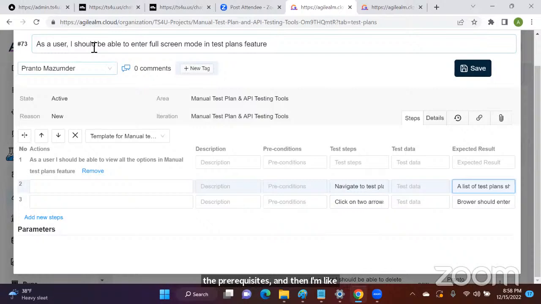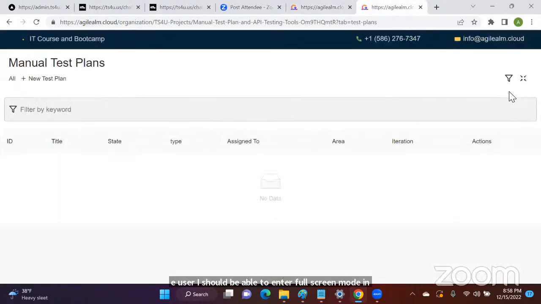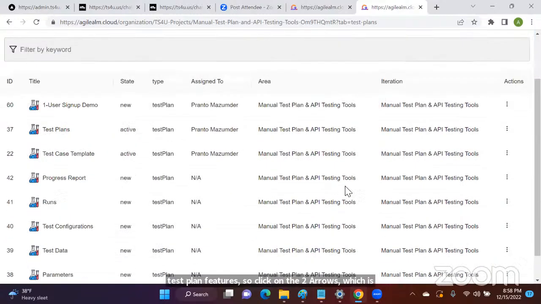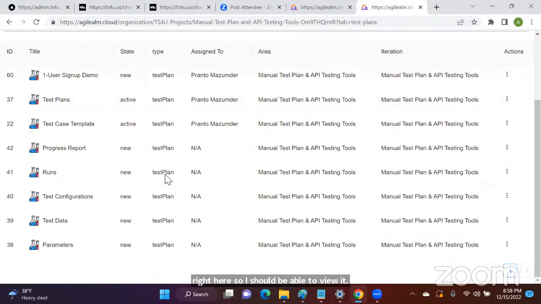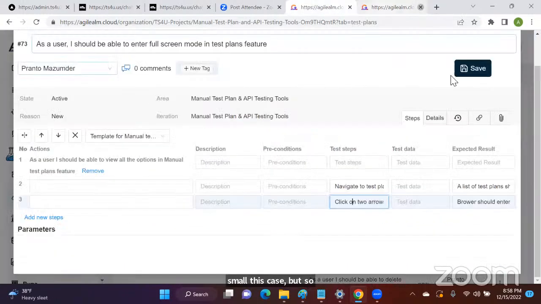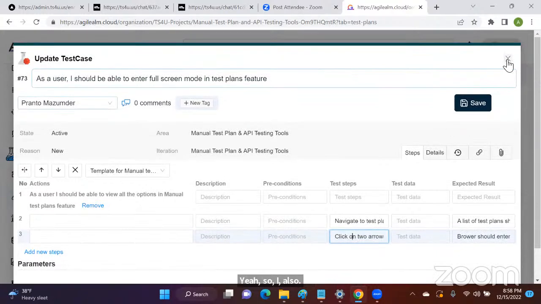As the user, I should be able to enter full screen mode in test plan features. So click on the two arrows, which is right here. I should be able to view it as full screen. This was a very small test case, but this is also functionality. I also wrote about